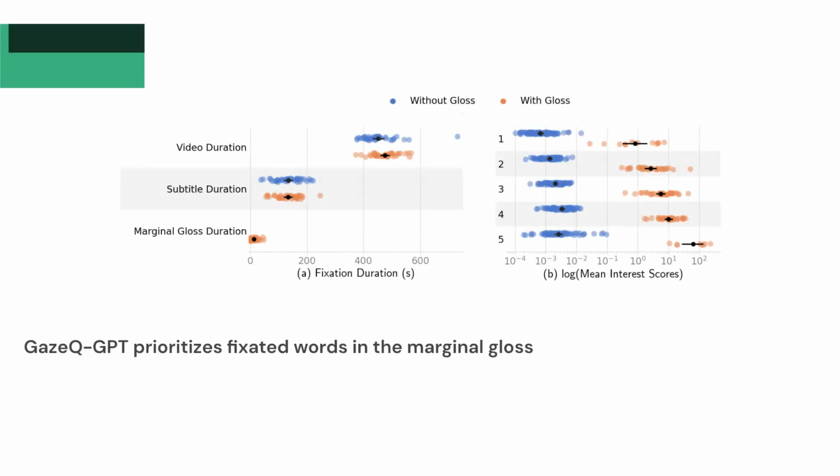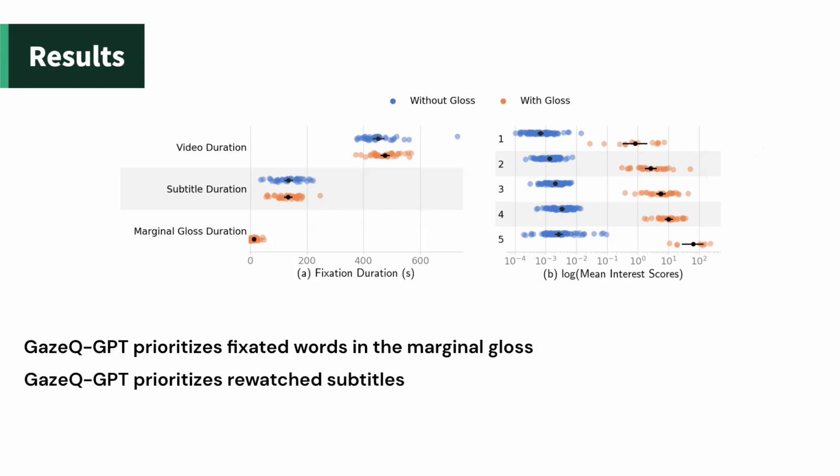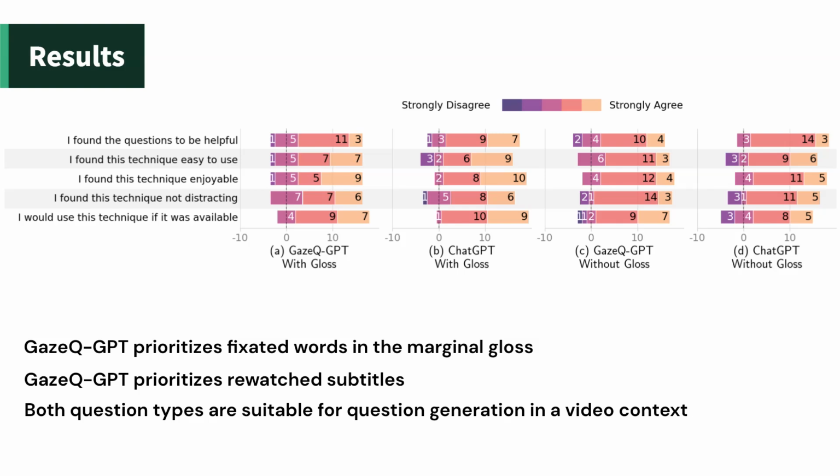Results show GazeQ-GPT prioritizes words in the marginal gloss, where the gloss interest scores dominate the subtitle scores. GazeQ-GPT also prioritizes rewatch subtitles, where it targets 81% rewatch subtitles on average. Both question types are suitable for question generation in a video context based on the 5-point statements, but GazeQ-GPT produces